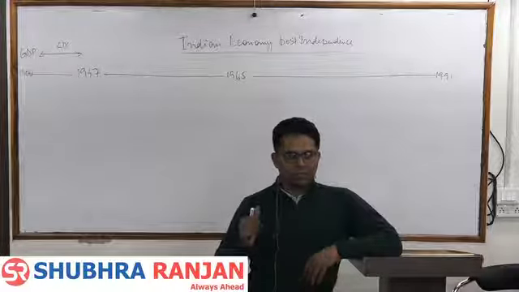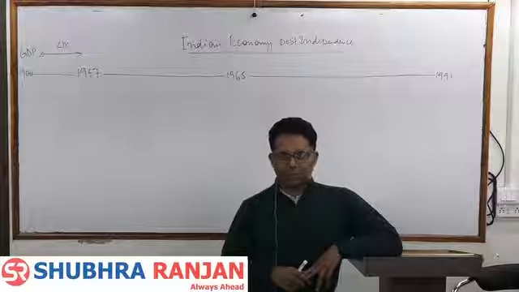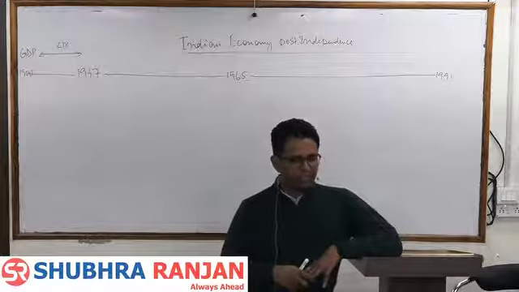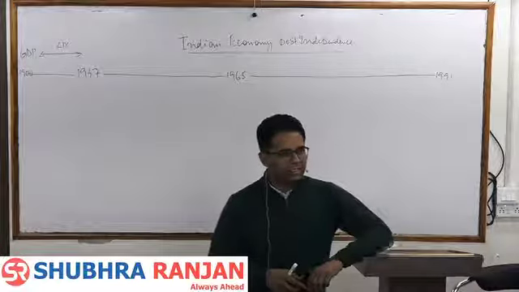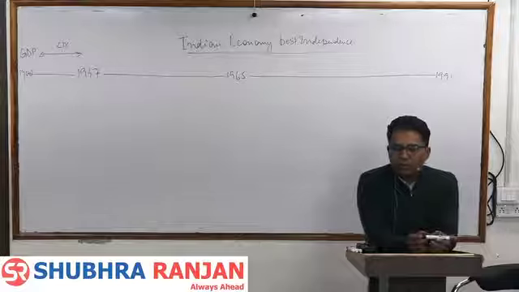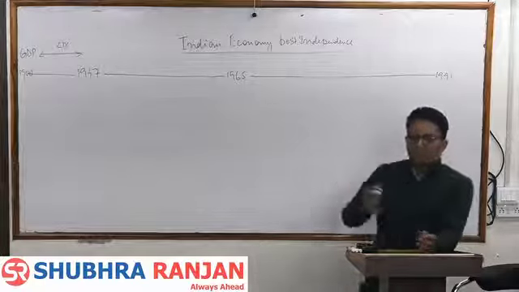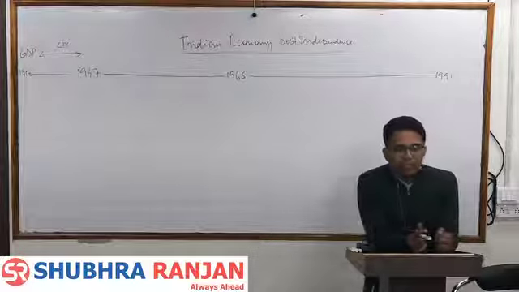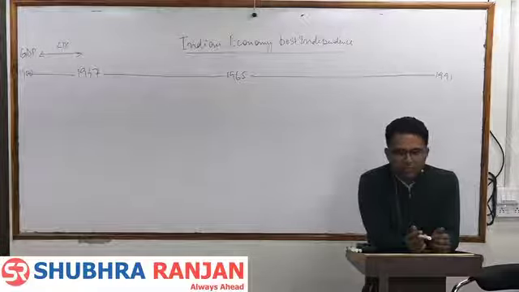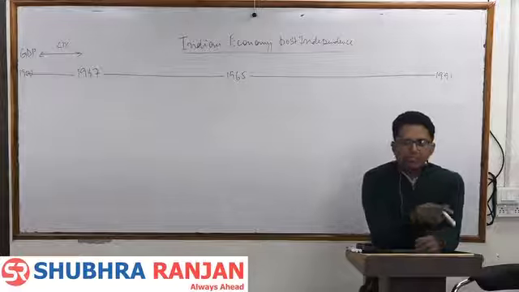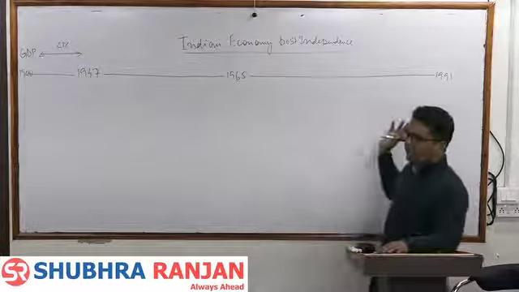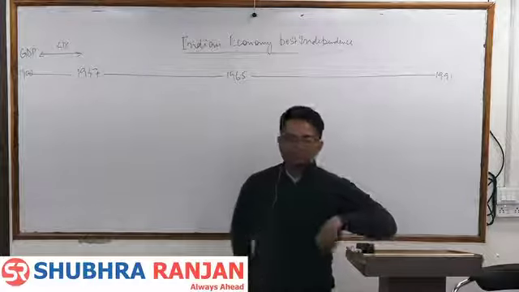Today we will be discussing what was the situation of the economy at independence, what policies we followed, what challenges we faced, what were the major structural bottlenecks which led to the slow growth of the Indian economy during this period, and what factors resulted in the 1991 crisis. The reforms we did, we'll discuss in the next class. So today's topic is basically economic history from 47 to 1991.